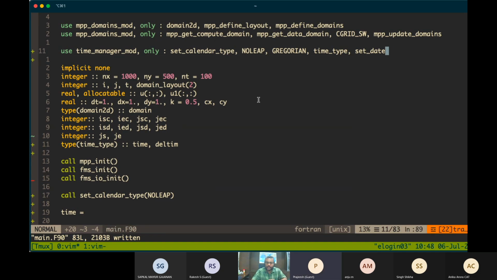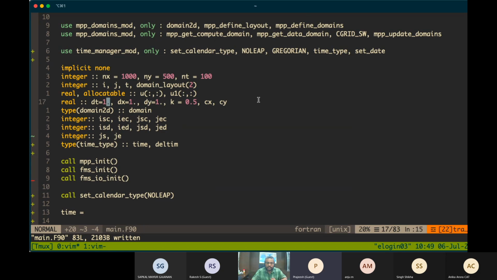Prajesh, I have a doubt here. This del time is different from DT? DT is just a real number, which I'm here giving as 1. It can be 1 second, and we are not using any particular unit, so 1 can be 1 second or 1 hour or whatever.